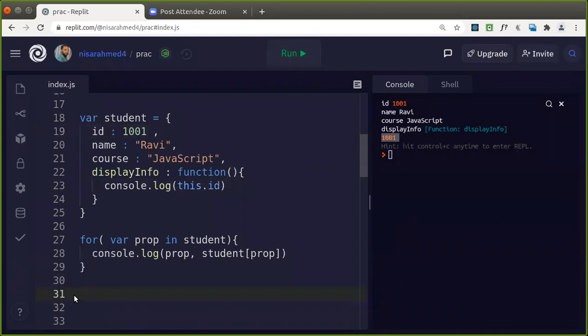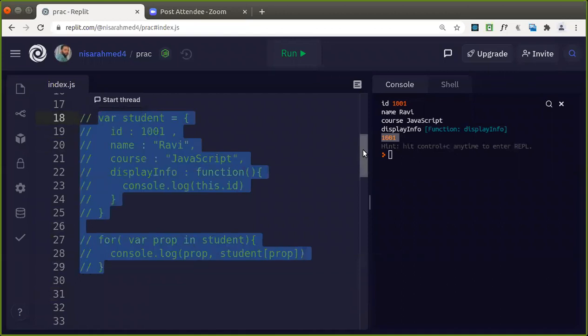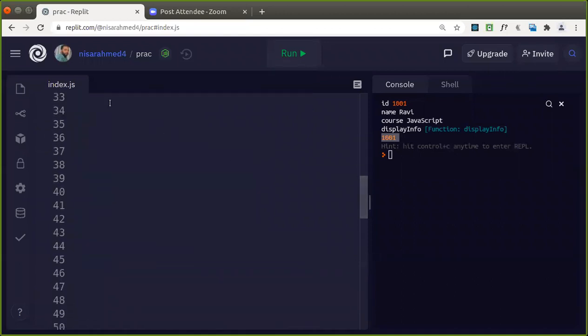Let's take one example here. Suppose we have an object here, products, equals to, we have various products here.